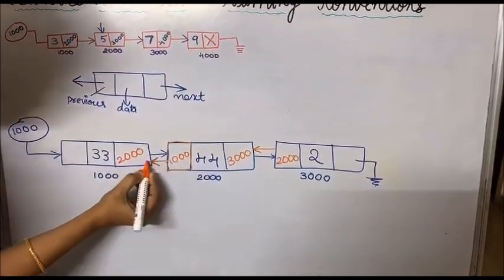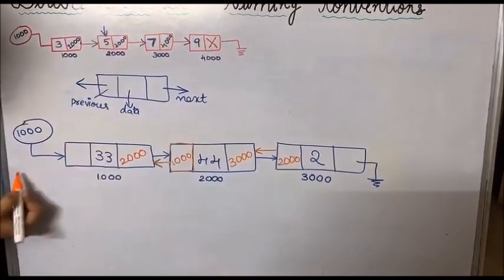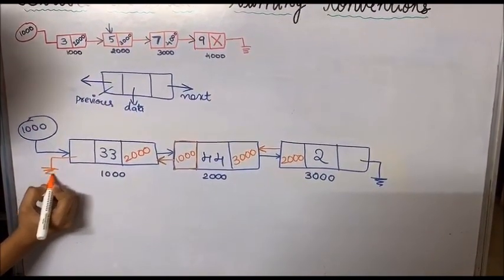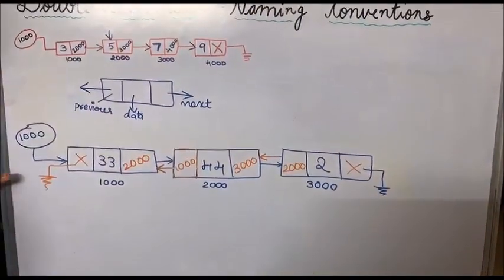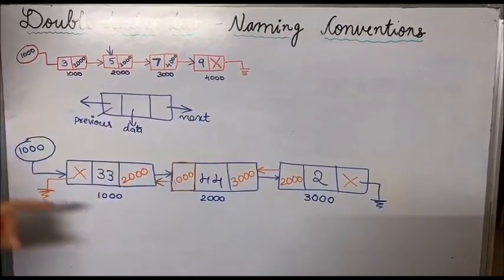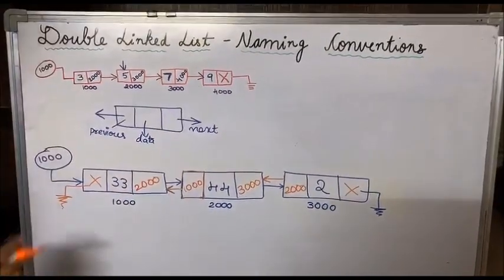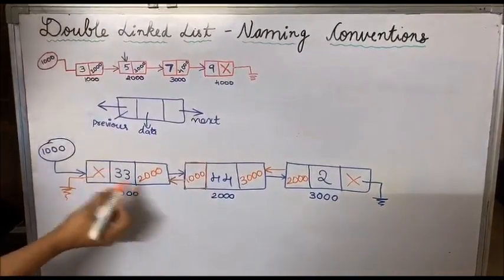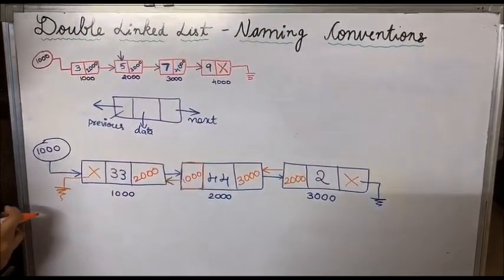As it is storing 2000, we will link like this for understanding. 1000 means it is pointing to the previous node. And before the starting node, are there any nodes here? No. That's why it stores null. This is the concept of double linked list, where it has a header node to know the starting node of the double linked list. The last node's third field stores null, and the first node's first field stores null. So these are the properties of double linked list.